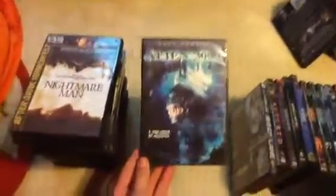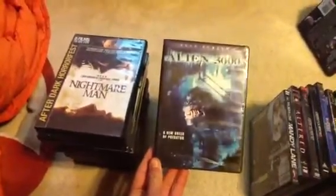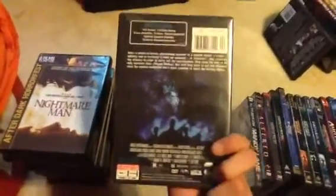Then I picked this up the other day, Alien 3000. I bought this at the local pawn shop. I got it for like $2. I've always seen this lying around at a Hollywood Video when I was younger, but I was always too afraid to go down the horror movie section, so I never actually looked at it. But I'm not really sure if it's a horror movie or a science fiction movie, but it looked really cool,